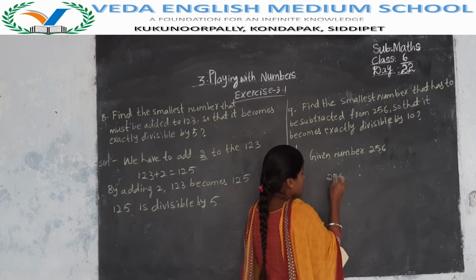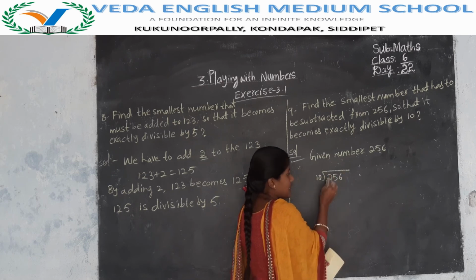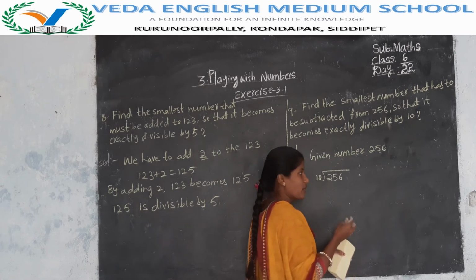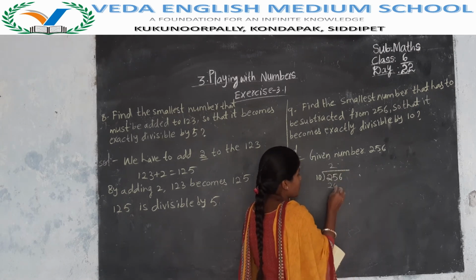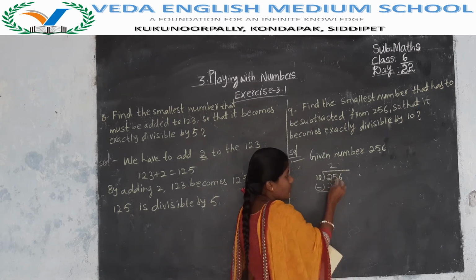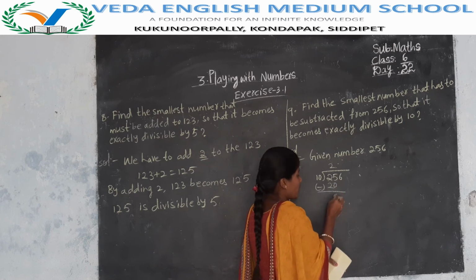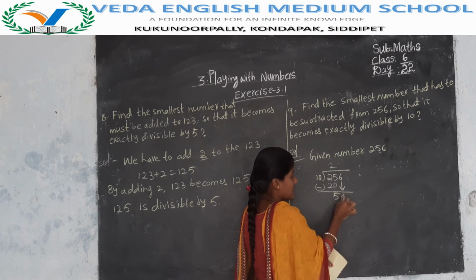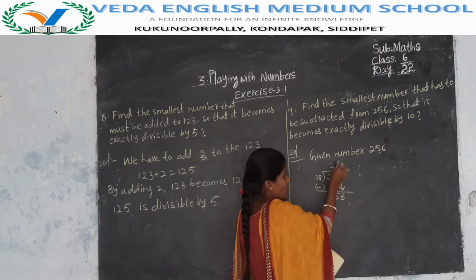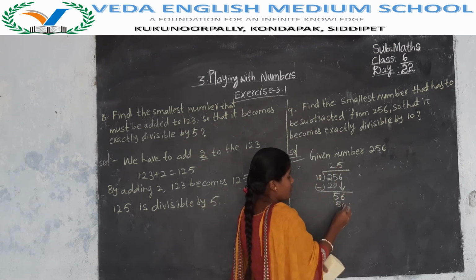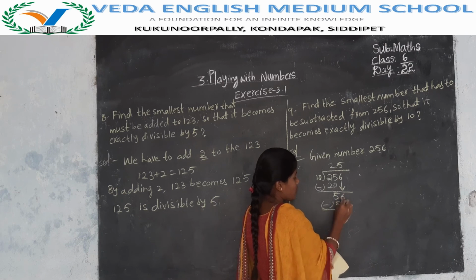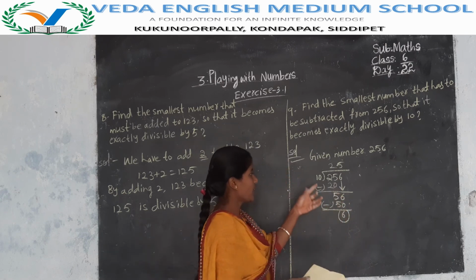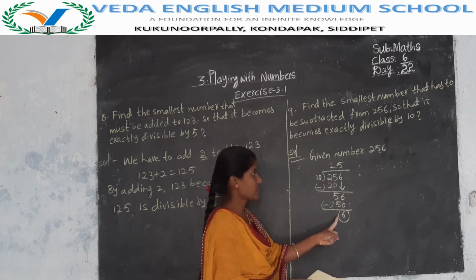Divide 256 with 10. In 10 table 25 is not possible. Then what you have to take? You have to take 10 2s are 20. 5 minus 0 it gives 5. 2 minus 2 it's 0. No need to write 0 after 5. You have 6 here. Take directly 6. In 10 table 56 not possible. 10 5s are 50. So 6 minus 0 is 6 only. So from this 256 you have to subtract 6.